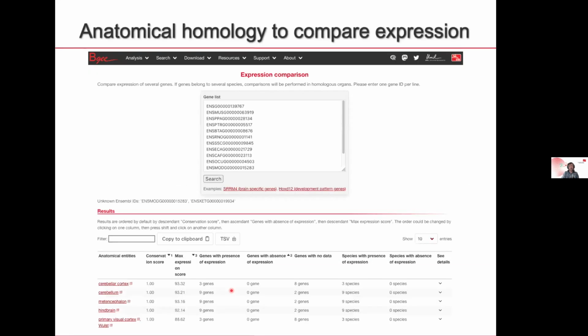So for example, here you have genes from a brain-specific gene. So I took one of the examples from the expression comparison page. You go on this expression comparison page, you put here gene identifiers, which you can link directly from the ortholog or paralog field in a gene page, or you can put your own gene list from your own analysis, and it will